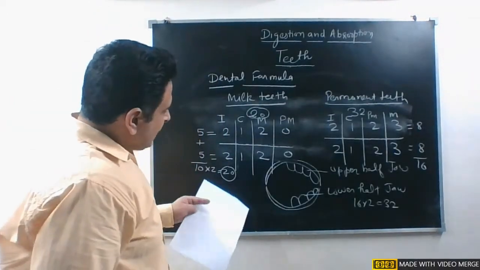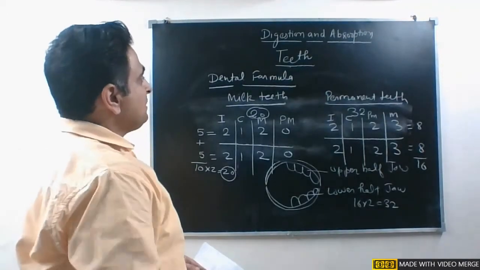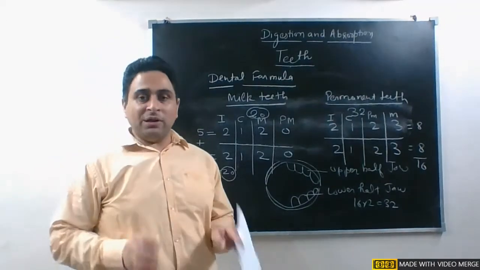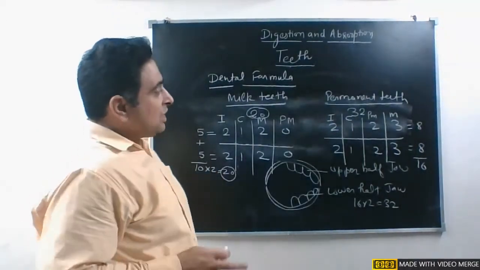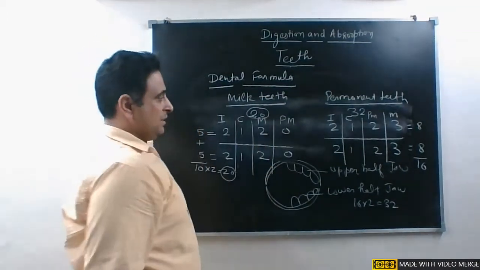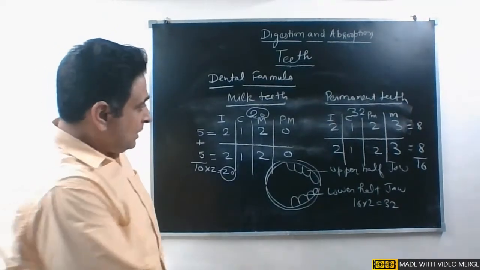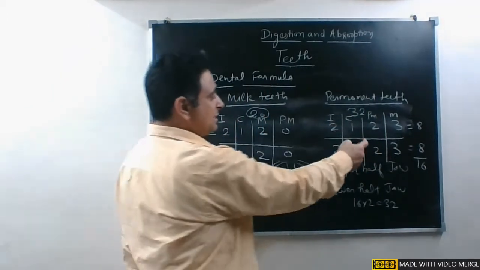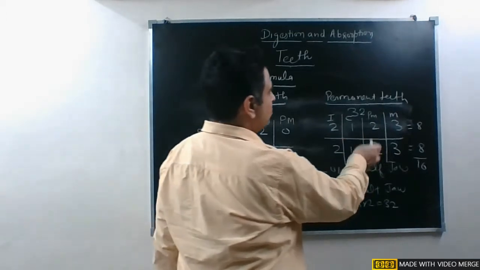So now, student, as we have already discussed that because we have two sets of teeth in the whole life, that's why we have diphyodont dentition. But some teeth are monophyodont in origin, which come only once in life cycle. And which teeth come only once in life cycle? That is these premolars, student. How many premolars are there in the adults? 2 in upper, 2 in lower, so 4, multiplied by 2, that is 8.